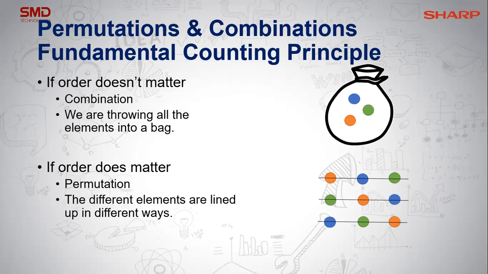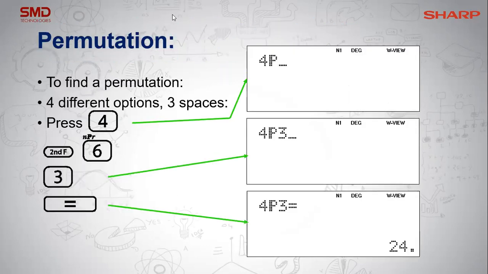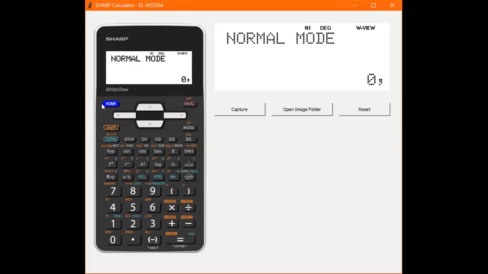Whereas a permutation is when 3 students out of your 20 win first, second, and third place. Then you have lots of different ways of putting these students together in a group or into positions of first, second, and third. So you can do combinations and permutations on the calculator. And a good way to remember which way is which is that a permutation will give you a lot more